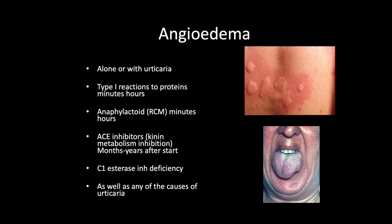ACE inhibitors are a well-known cause of angioedema, and they may only develop months or even years after the beginning of the ACE inhibitor treatment. And this is due to the effect that ACE inhibitors have on the inhibition of kinin metabolism. Exceedingly rarely,